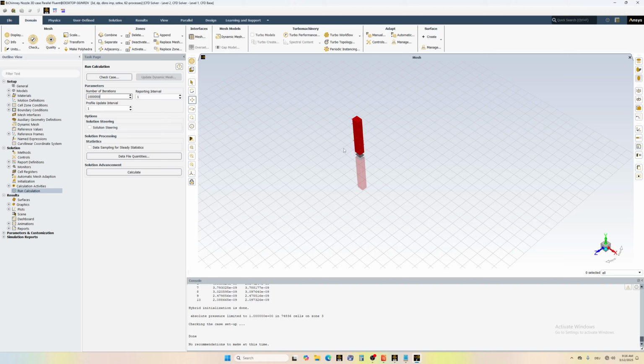So each time you stop, it will start the counting from 0. So if you run 500,000 and you stop it, again it will run up to 1 million or whatever number you have there. Don't worry about this, just put any number there. And now